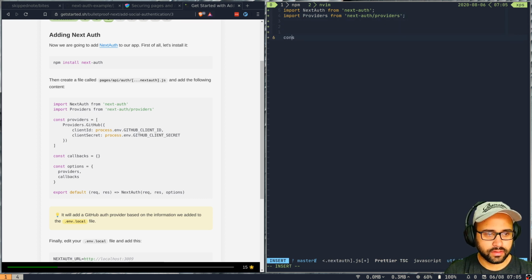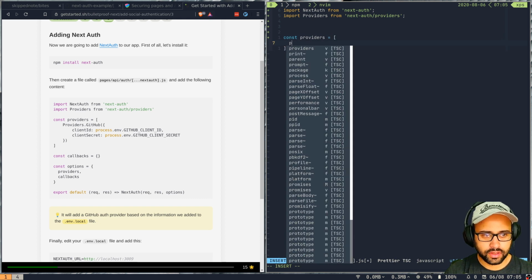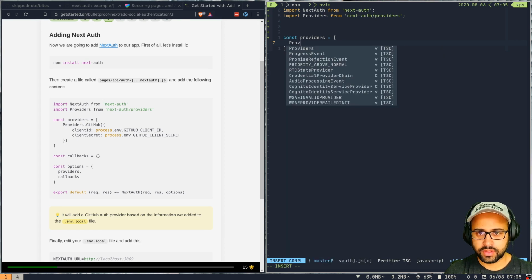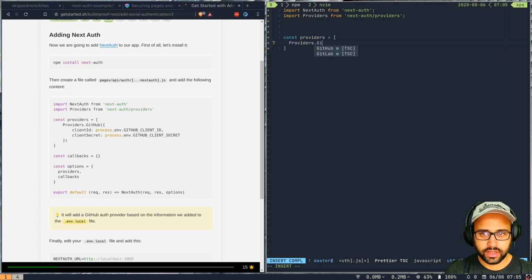And then we just define our providers. We'll just use one in this case, so that would be Providers. For some reason I can't type today. It's called GitHub, and then to this we pass the client ID. So this would be